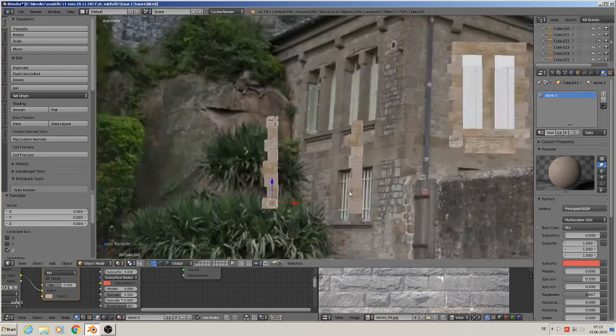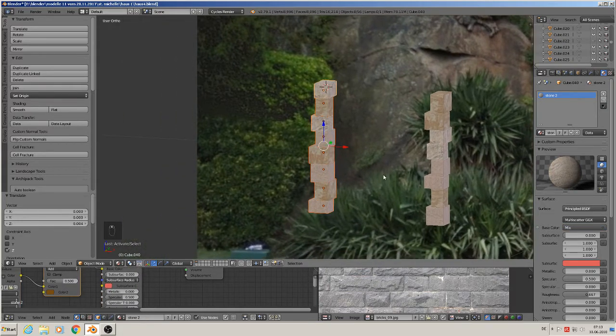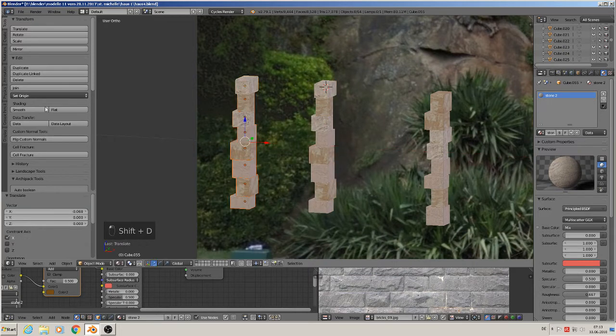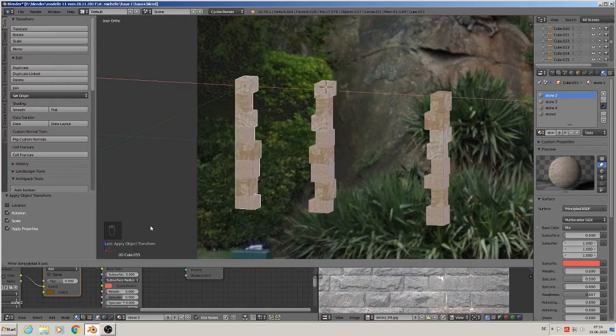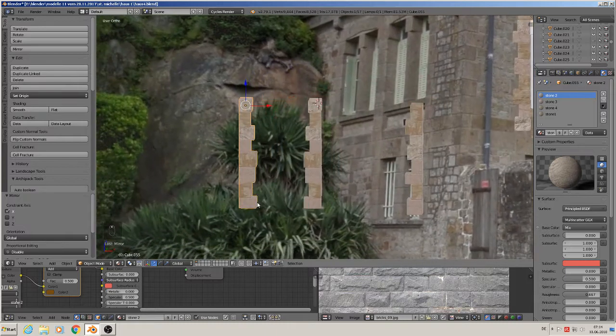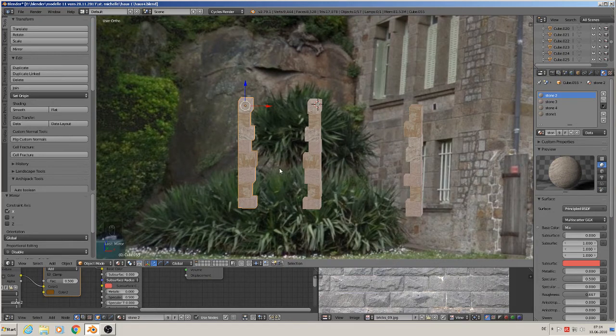So we have two variations, and we don't want to make that too complicated. So we simply take that, Shift D, join that together as one. We apply the rotation and scale of it, and we simply mirror them in the other direction. So we automatically have one other side, and when you mirror it the other time, you will have another